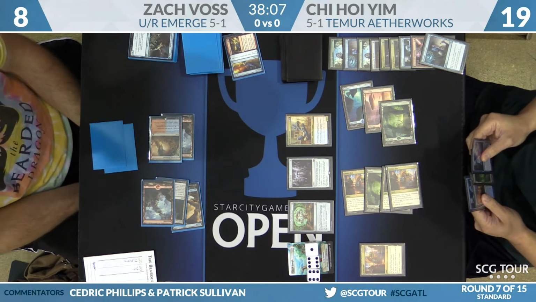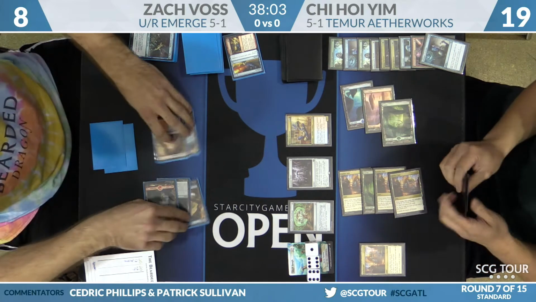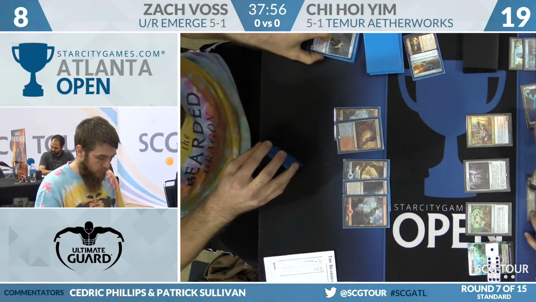And you see Chihoi's hand. Two anticipates two lands. So no Marvel just yet for your player on the right. And for Zackh, he'll draw a Cathartic Reunion. Well,